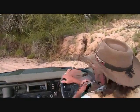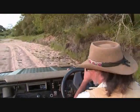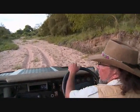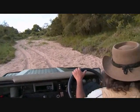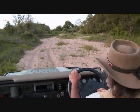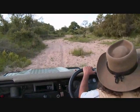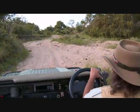Alex will have to tell me how it's looking down here in the riverbed. Old elephant tracks. Okay, looking good. And you think about it,